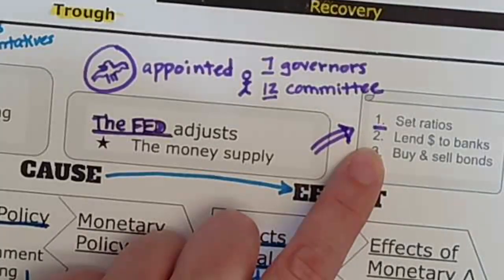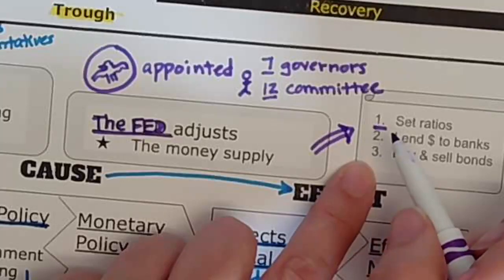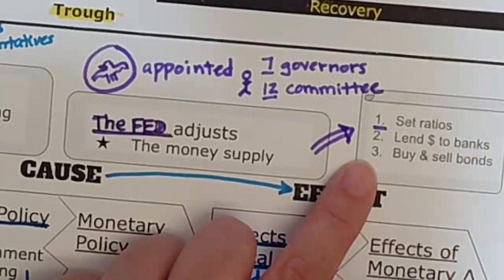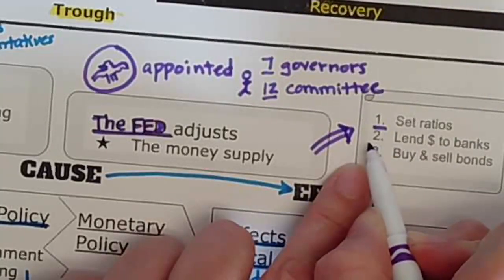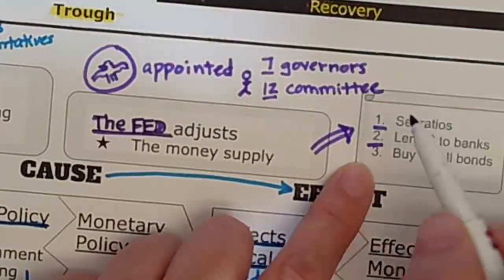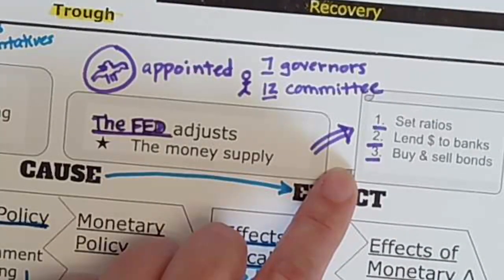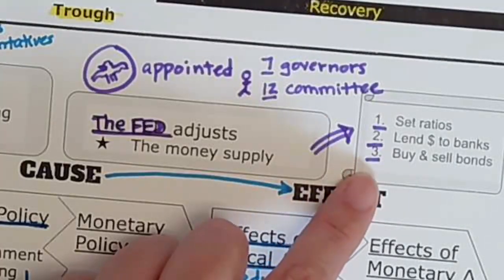APR percentage, you know, that whole piece. Like the interest rate. Yes, thank you. The interest rate. They can lend money to banks if the banks need money to go out to people, and they can buy and sell government bonds or government bills that are kind of like this money that's sitting in the government. And when they do that, it changes things in our economy.